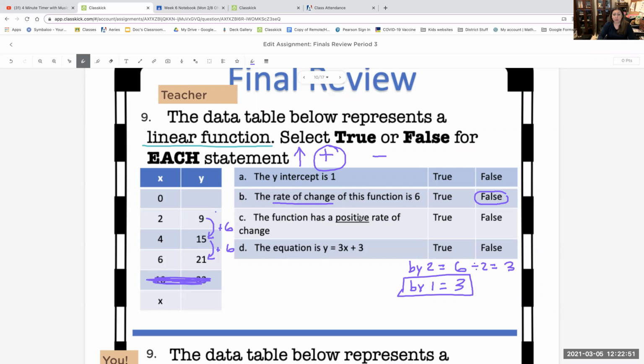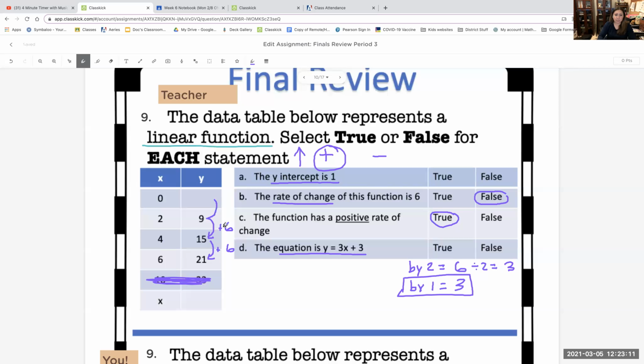The function has a positive rate of change. We already know that because we see that positive. So this is true. Now we need to figure out our initial value. Is that 1? And if the equation is like this. Since it's still by 2s, we can still follow this pattern, and instead of doing plus 6, we can do minus 6